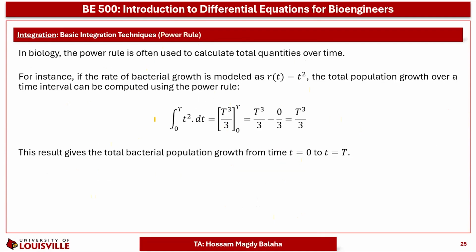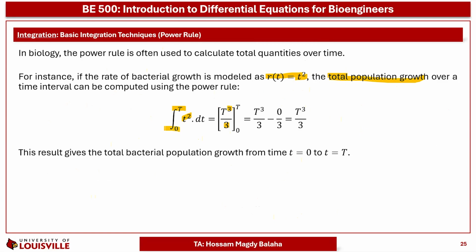In biology, the power rule is often used to calculate total quantities over time, as we mentioned in the interpretation. So if the rate of bacterial growth is modeled as this equation, the total population growth over time can be computed using the power rule and integration. Simply, to calculate the total, integrate this equation. So the integration of this equation will be t to the power of 3 over 3. Then, to get the values, substitute by the top value